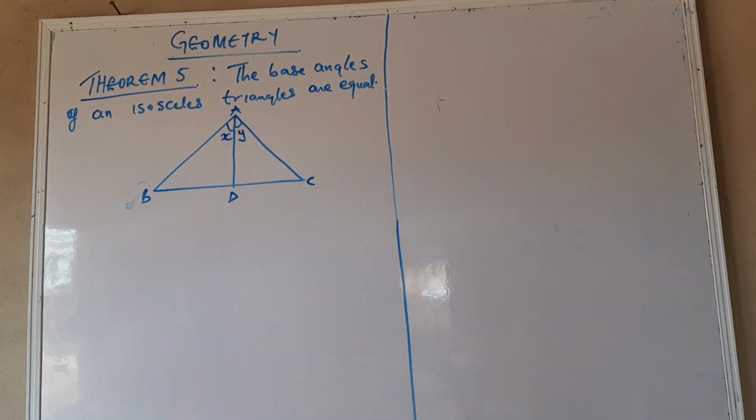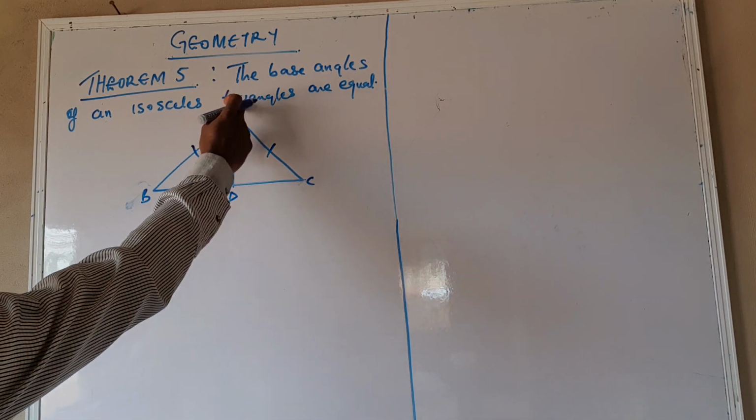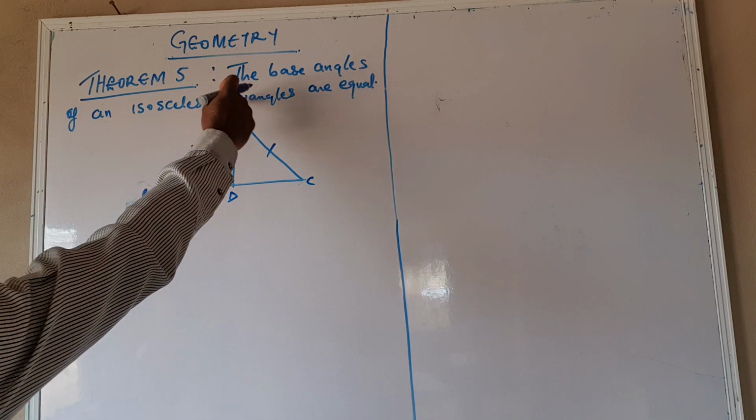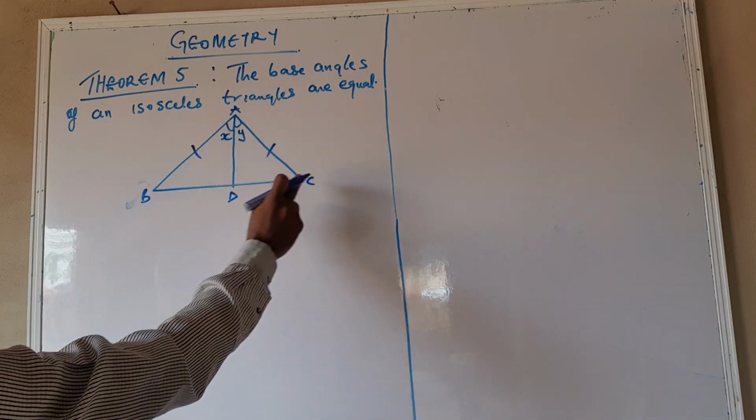Good day. Here we continue with our geometry and we'll be looking at Theorem 5. Theorem 5 is talking about the base angles of an isosceles triangle, which are equal. So it states that the base angles of an isosceles triangle are equal. Now looking at this, if you have triangle ABC, which is divided, we have AD dividing the triangle ABC into